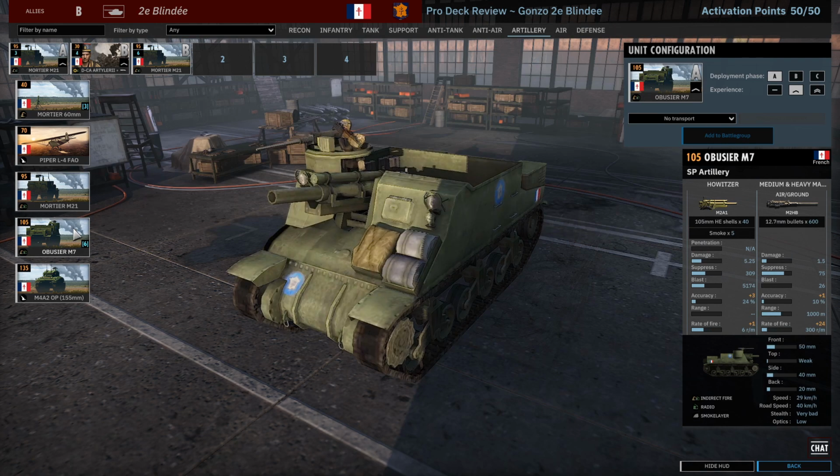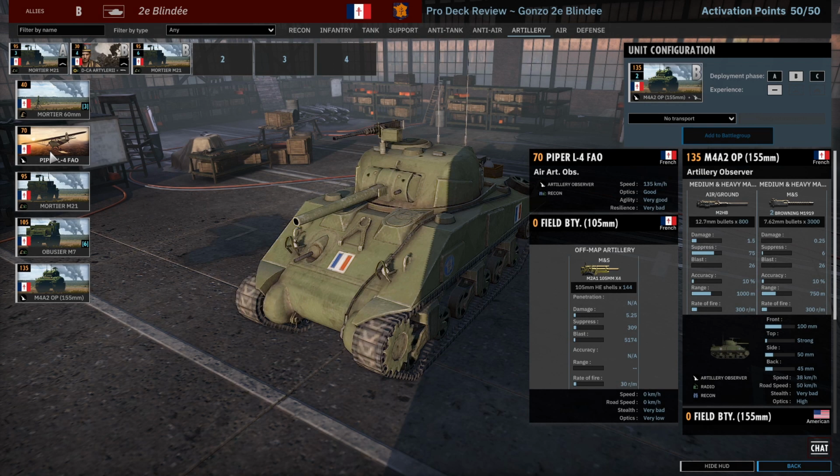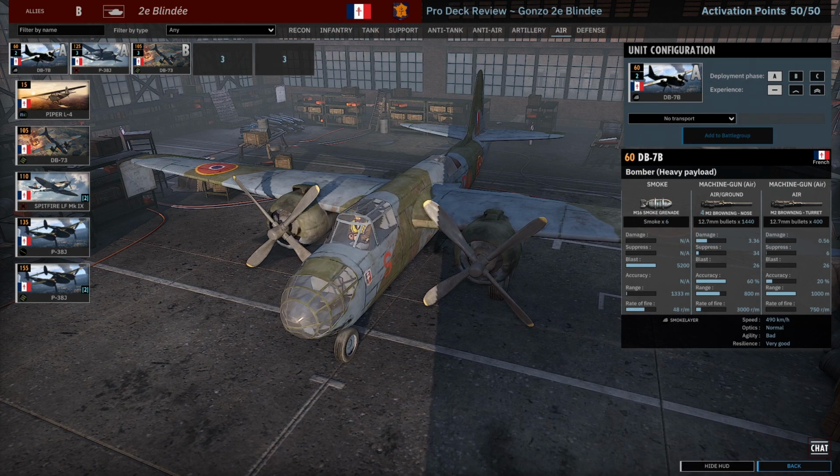You do also have the Obusier M7, like Gonzo said. It is a heavier artillery piece. If you like that playstyle, you could bring this in B phase. There are some off-map options here. I would pick the M4A2 over the Piper L4 because the M4A2 has 155mm off-map, whereas the Piper L4 only has 105mm off-map. Into the air tab, and we have the